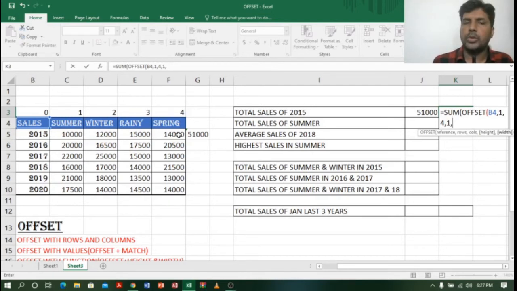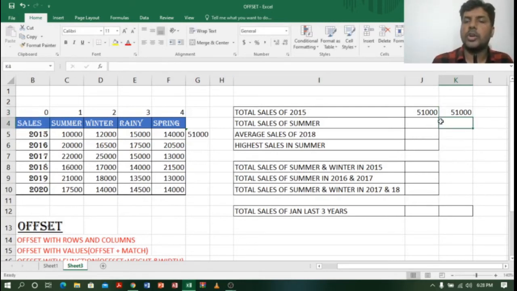When you are going towards the right side, you use positive numbers, and when you are moving to the left side, you type negative numbers. So I will type -4 and close the bracket, enter. See, we got the same answer. So either you can count from left to right or right to left, it's your wish.